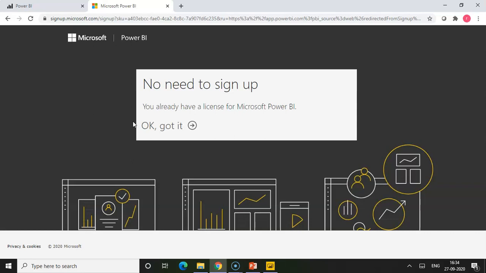You can use any of your official email IDs. You cannot use personal email IDs like Gmail or Yahoo. It should be either an official mail ID, or you can create a mail ID with Outlook, and then use that to create your Power BI Pro trial.